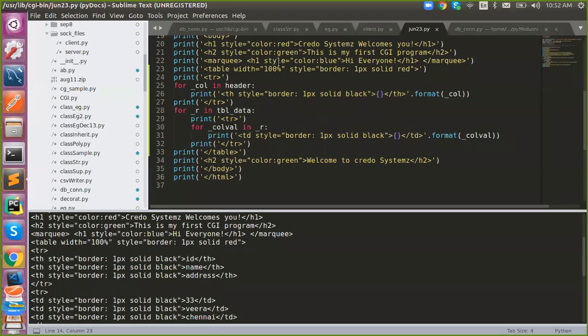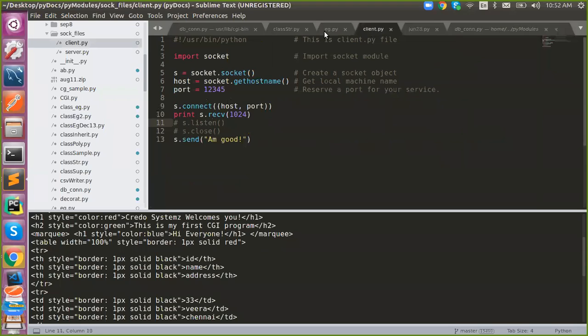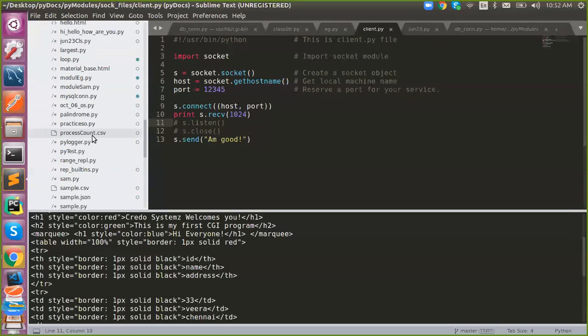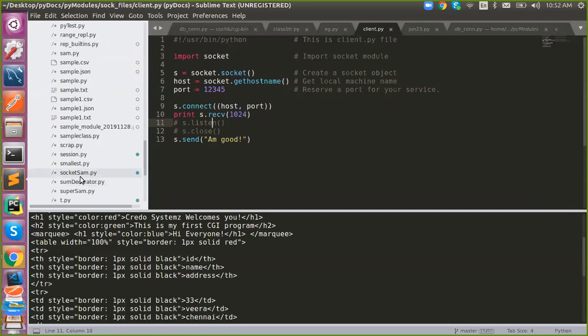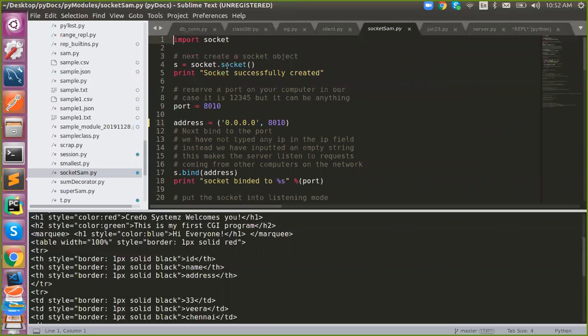To implement that, we need a package called socket. So I've created things. You need to import that, and you need to create a socket instance, and then this is nothing but a tuple. A tuple contains a host and port, you all know that.